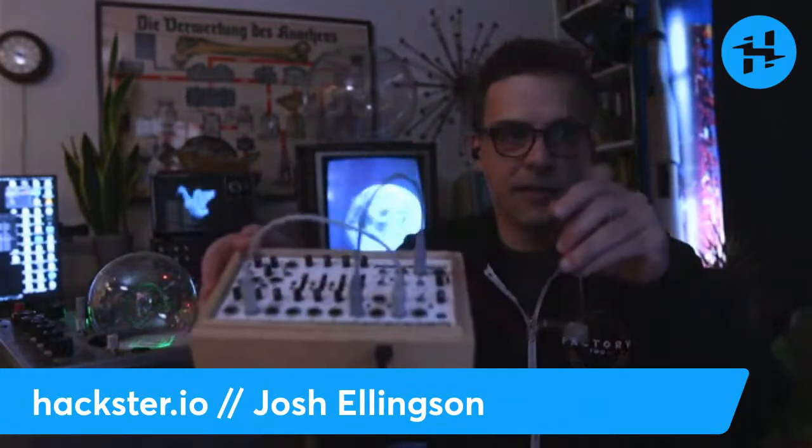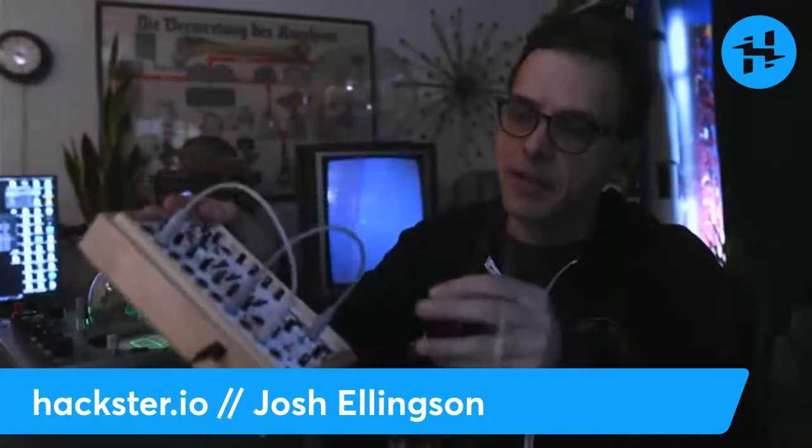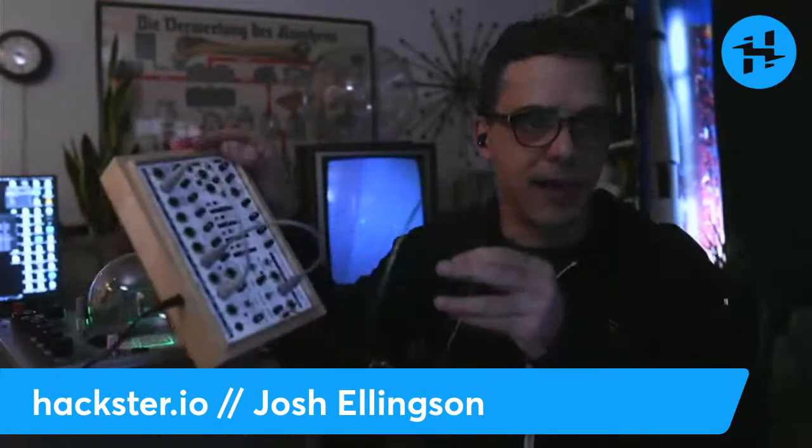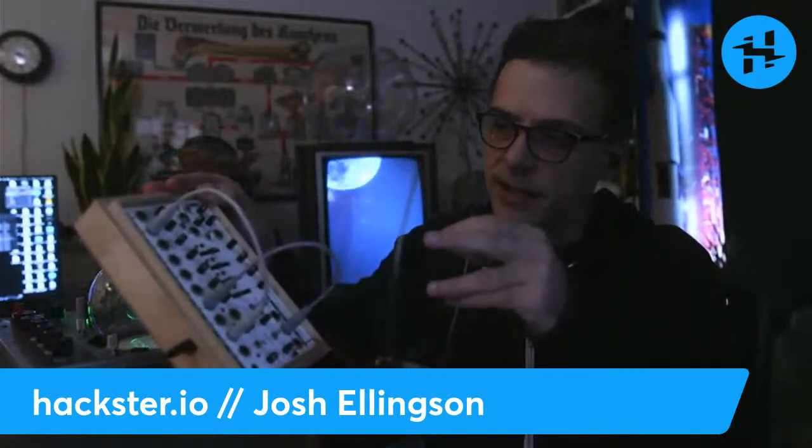So yeah, here's that thing, I don't know if you can see it. This is called the field kit. It's a synthesizery thing, but it has a radio, and you can hook an antenna into it. So I just took this loop antenna and hooked it in there, and then it also has an envelope follower. What it's doing is picking up the radio signal and then turning that into CV, and then you send